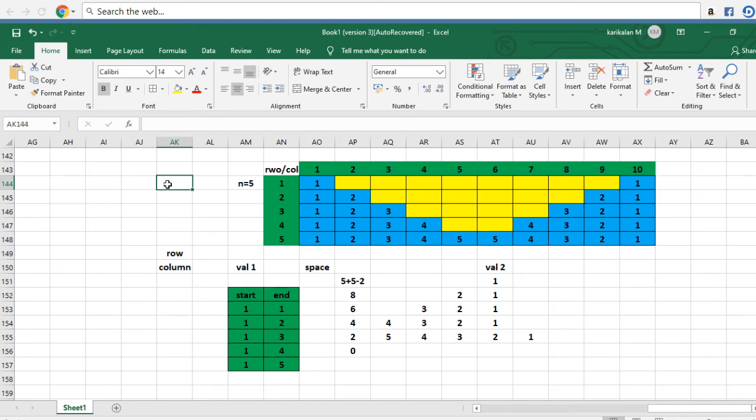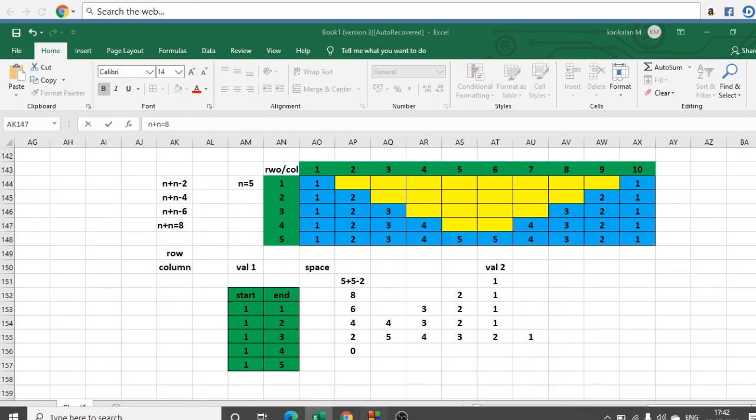So take your n plus n minus 2. Next time you can take the same n plus n minus 4. Then next time n plus n minus 6. Then next time n plus n minus 8. So this is a formula. Each time we increment this value: 2, 4, 6.